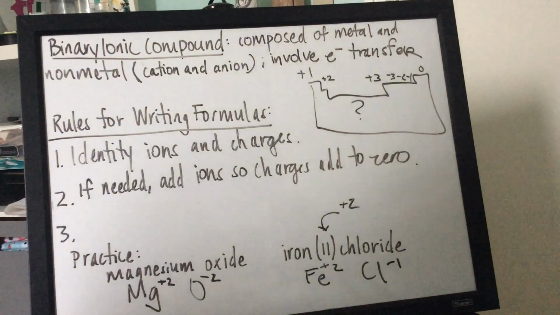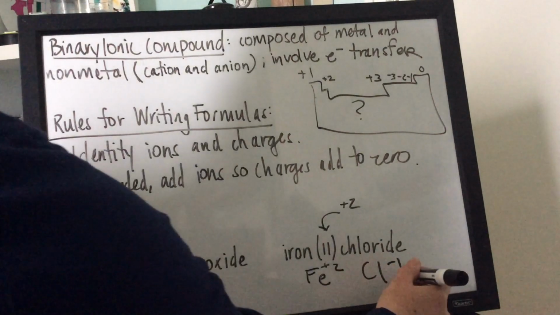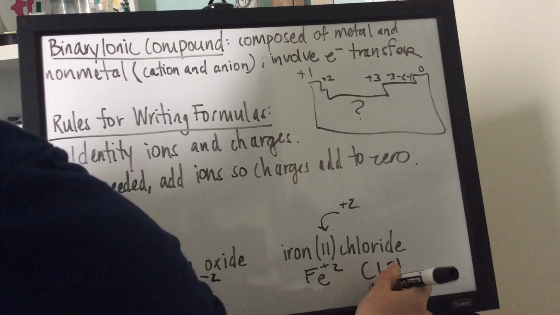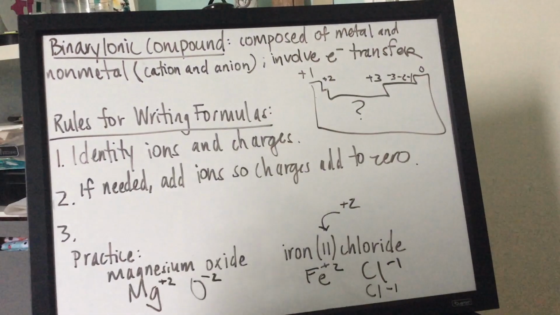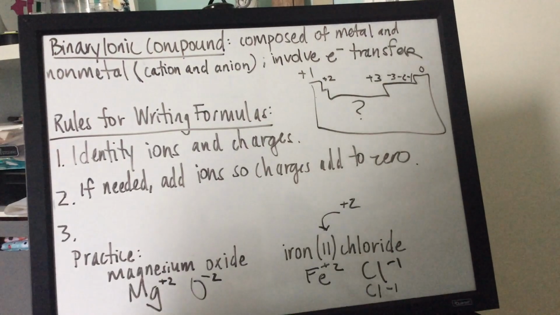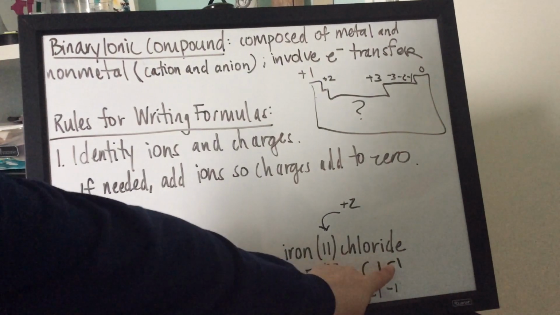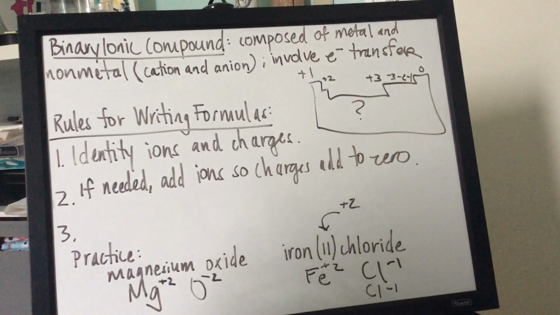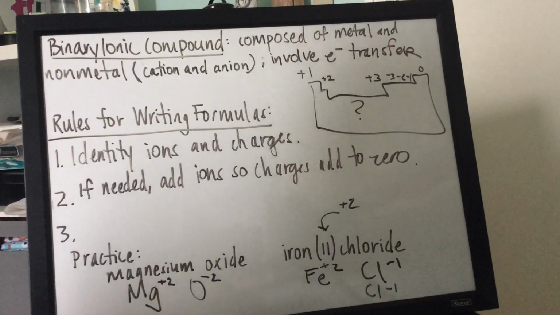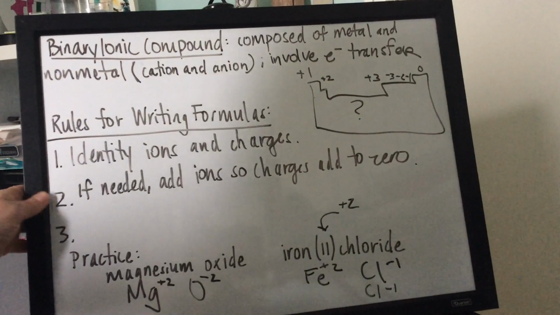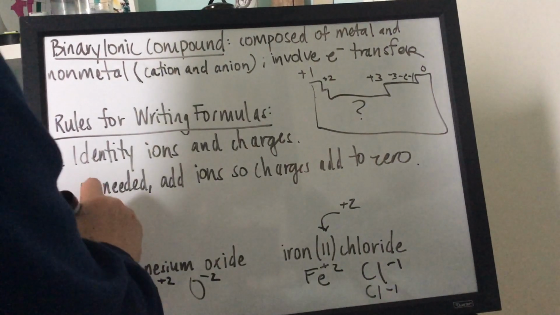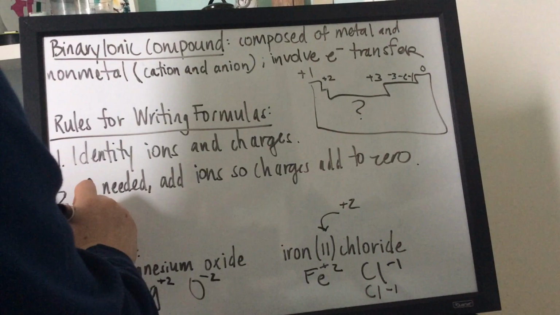If I were to add a second chlorine, who's also -1, now I have +2, -1, and -1, which is in fact 0. So I have now balanced out my charge on my second example. And that was rule 2. And then rule 3 is to, let's see,